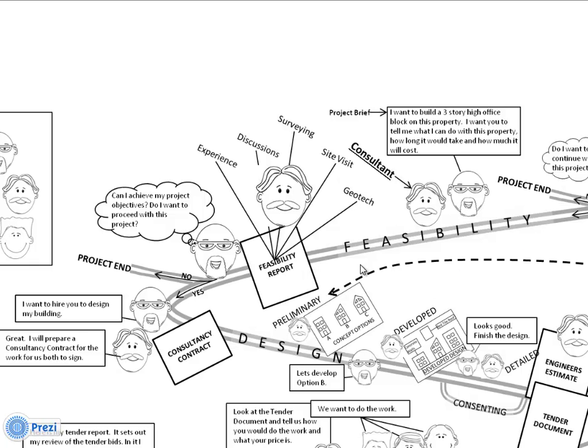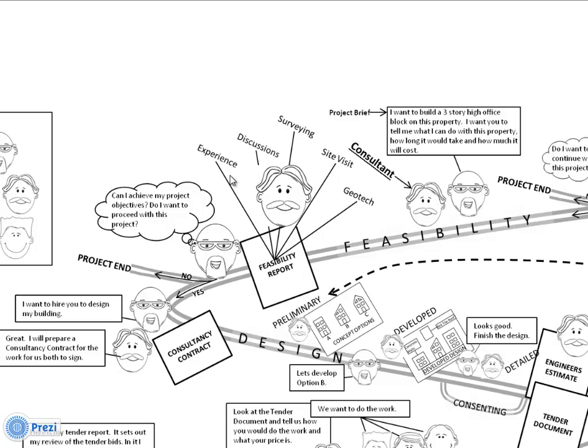So that brings us on to the feasibility stage. He doesn't plunge straight into building it. He wants to find out a little bit more about the site, about his proposal. So he'll usually hire a consultant, which is an engineer, and he'll tell him what he wants. This is what's called the project brief. He's saying, I want you to build me a 3-story high office block. I want you to tell me what I can do with it, how long it's going to take, how much it will cost. So the consultant doesn't have all that much information at present, so he goes away and